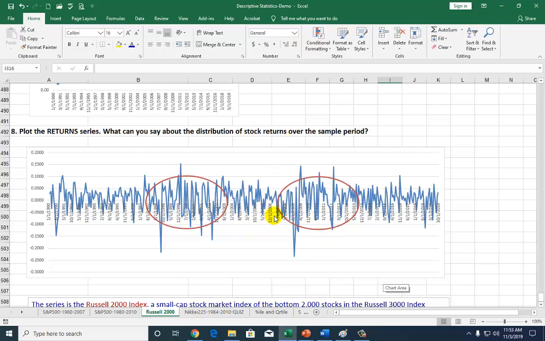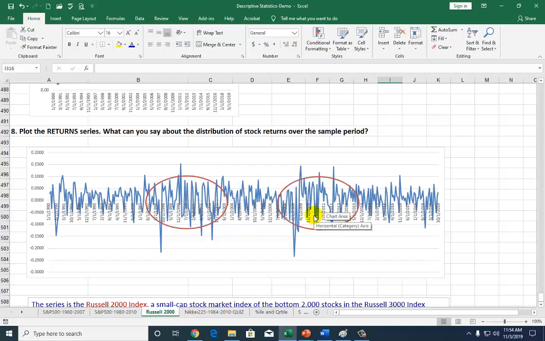It says, what can you say about the distribution of stock returns over the sample period? So this is just a little bit of a way of qualifying the nature of what you've constructed. One of the things I note here is you can see what in finance we call volatility clustering, which is you can see that the zigzagging occurs clustered around certain dates. Over here and over here. If you look at the dates carefully, you'll find that that occurred during the dot-com bubble and the 9/11 era recession that came in its wake. So we saw a lot of clustering of stock return volatility, as well as in the period surrounding the 2008